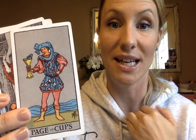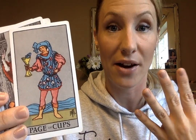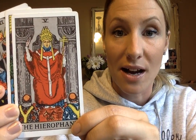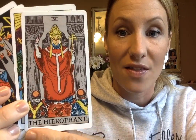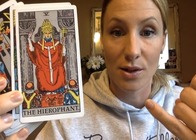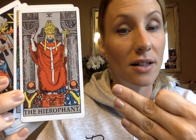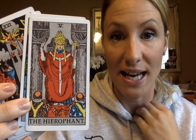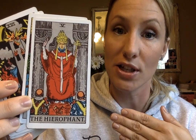Now there are court cards within each of the minor arcanas. So court cards would be pages. They would be knights, queens, and kings. Otherwise they go 1 through 10 for each suit. Now, this is what I was talking about when I said major arcana cards, okay? The Hierophant. So it's not associated to any specific suit. It's not a sword. It's not a wand. It's not a pentacle, and it's not a cup, although any of those things could be on here. It still does have a number. It's the number 5. And the reason why that is because the major arcanas come first in the deck, so